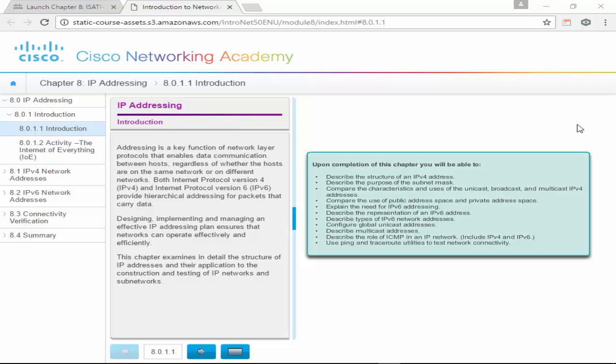CCNA1 Chapter 8, IP addressing. Finally, we get to the fun stuff. The network layer addressing, right? Network layer address. Anyways, IP addressing, the logical addressing. So what we're going to do after this is describe the structure of IP version 4 addresses,